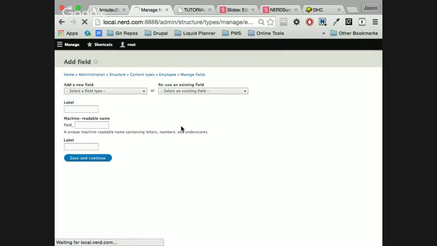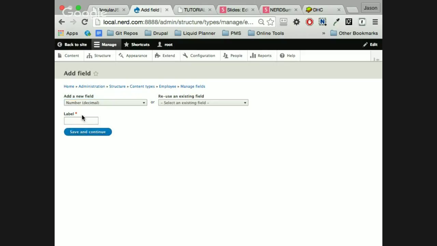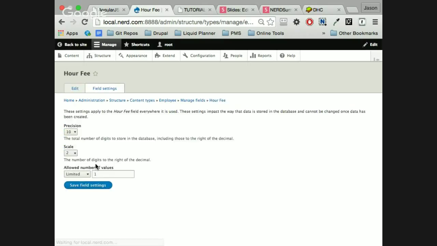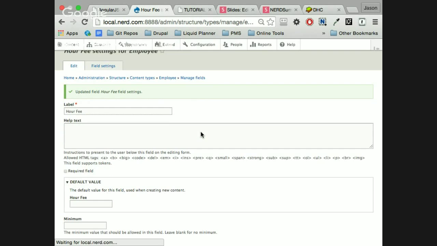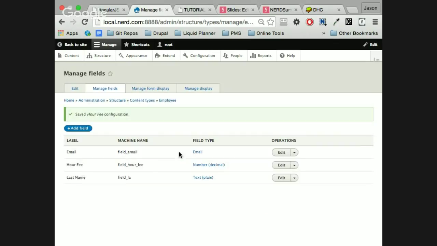I'm going to create a couple of numbers. A decimal one called hourly fee. And probably I can add a suffix as $/h, so we can know that that number is per hour.